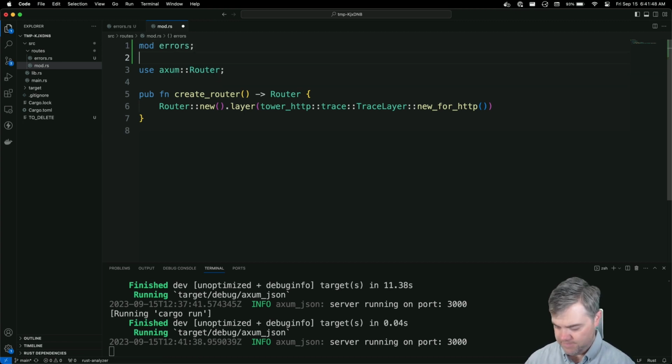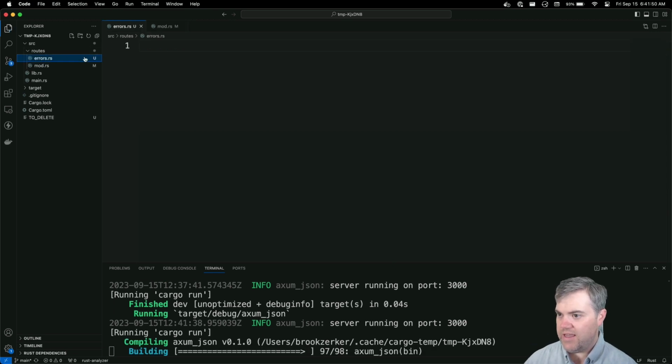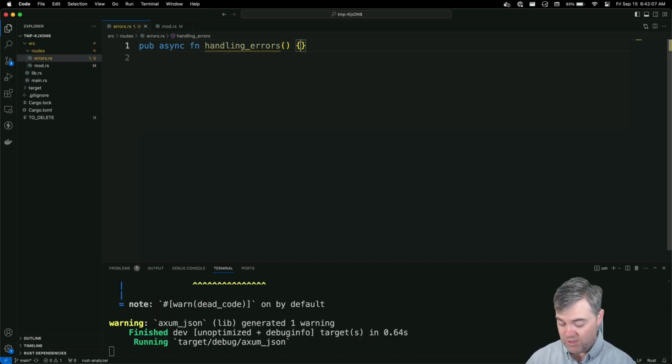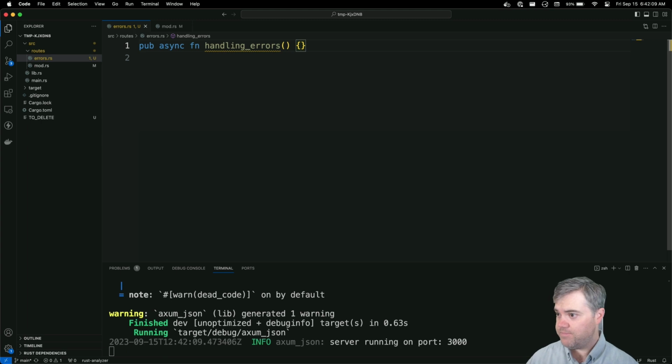And in errors, let's create a very basic route handler. We'll call this pub async function handling errors. Right now, we're going to start with something that, ironically, doesn't error at all.